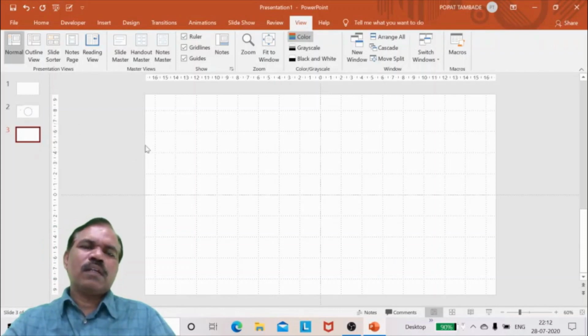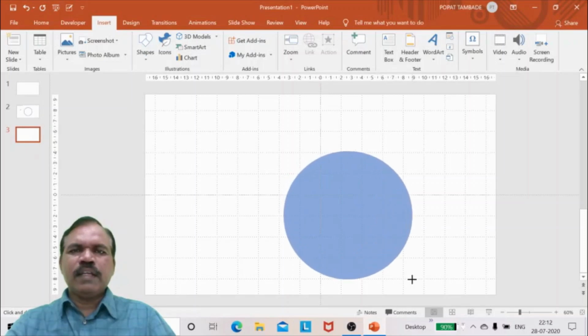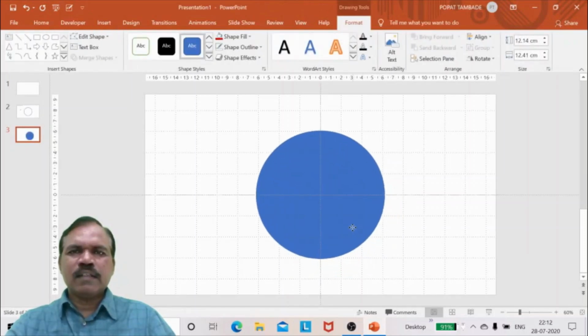Now, for circular motion, we require a circular path. So first we will draw a circle. So we will take a circle here, and we will take the circle in such a way that its center is at the intersection of guides.